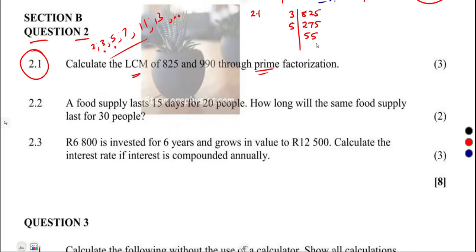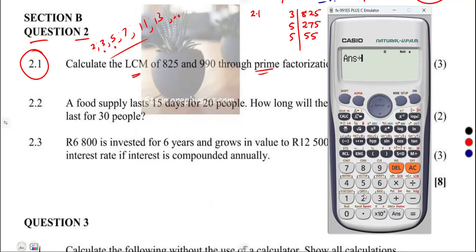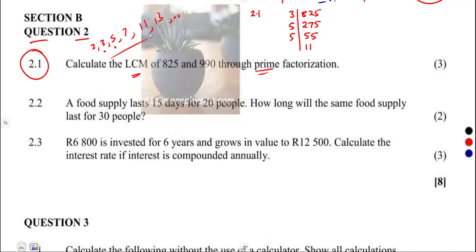Try 5 again, and as you can see, the last digit is 5, so it's going to work. 55 divided by 5 is 11. This is going to give us 11, where 11 is a prime number. So there's no way of trying any of these numbers. Just use that 11 as it is, since it is a prime number. So thus,